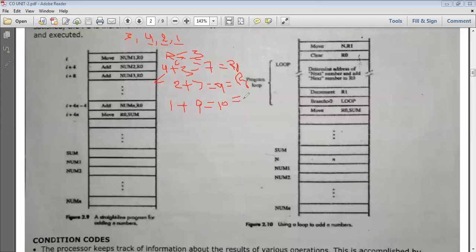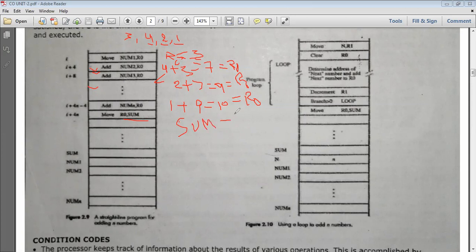So depending on the operation, here we are having add, again add. Suppose if we want 20 numbers addition, then 20 add instructions are kept here. Finally add number n comma R0. So finally in R0, these 4 numbers addition will be completed. Now in R0, 10 will be there. That 10, move R0 comma sum. So whatever the data in R0, that will be moved to sum. So totally sum is equal to 10.